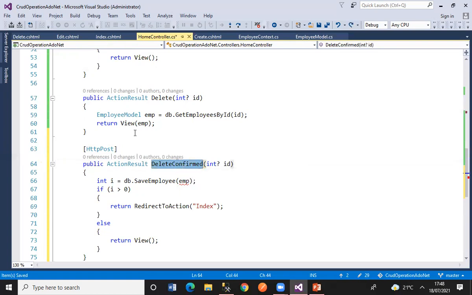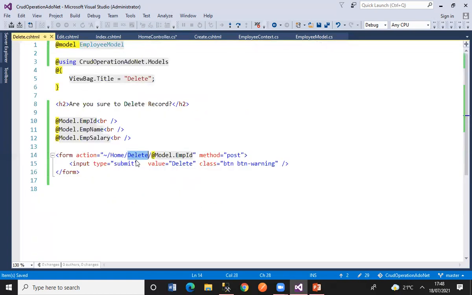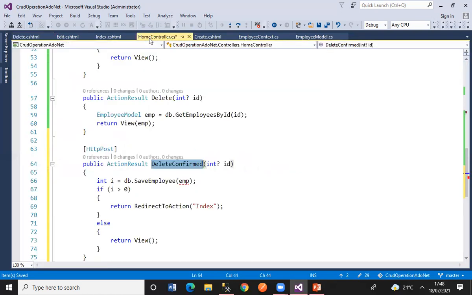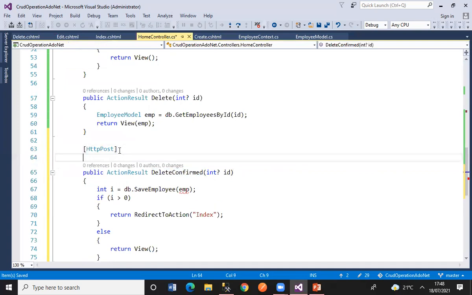But should I change this to DeleteConfirmed here also? It's not required, guys. If you want to keep this Delete method as it is, you can keep it, but you just change one more thing here: take an ActionName attribute. In that action name, you specify in double quotes that particular Delete name. Why are you writing Delete here?